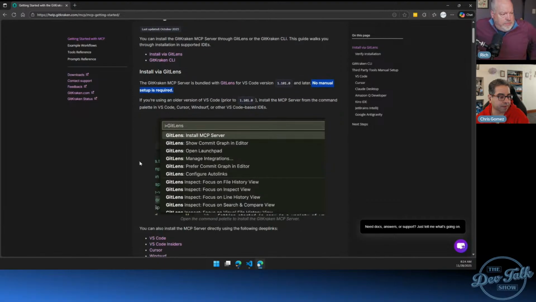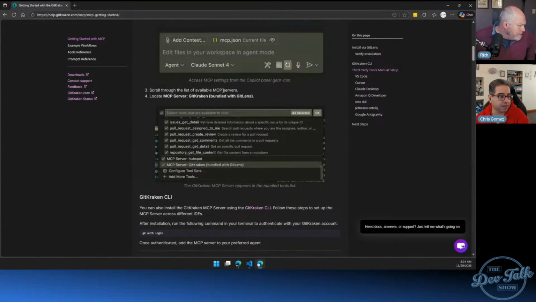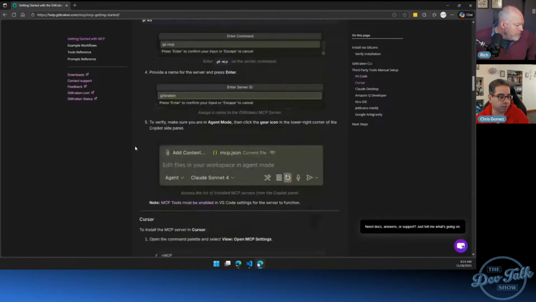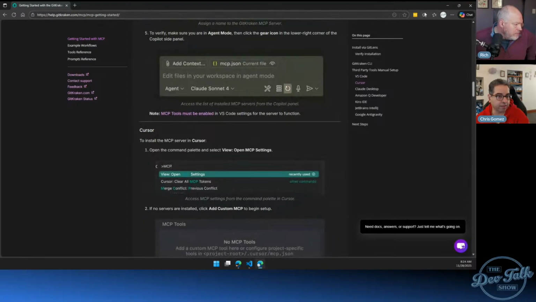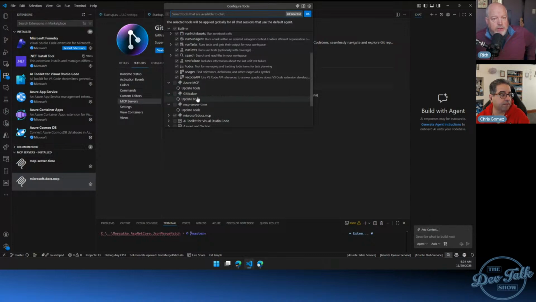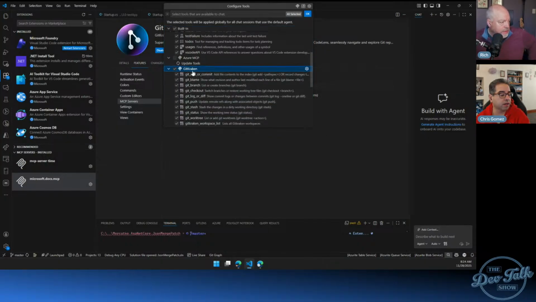Yeah, and then you can even locate it, which we've done. Located the GitKraken one, and I'm not sure what kind of tools it has, but I guess it'll tell us. Are you authenticated to GitKraken? Do you have an account with them? I do. And is your extension tied to that account? I don't know.